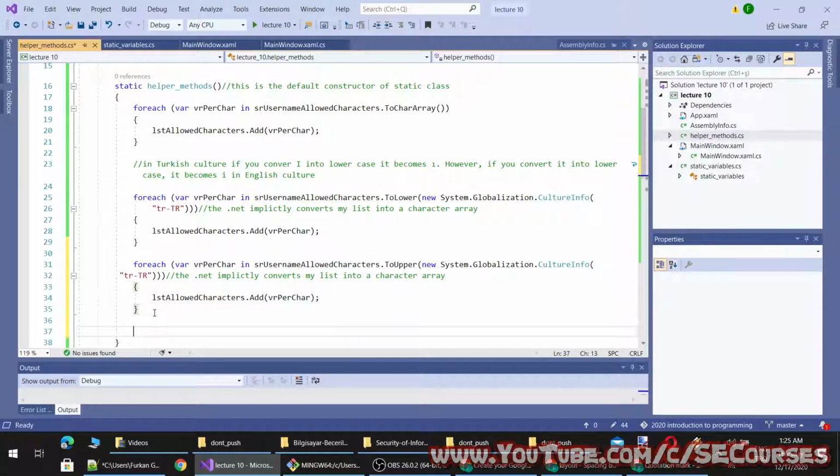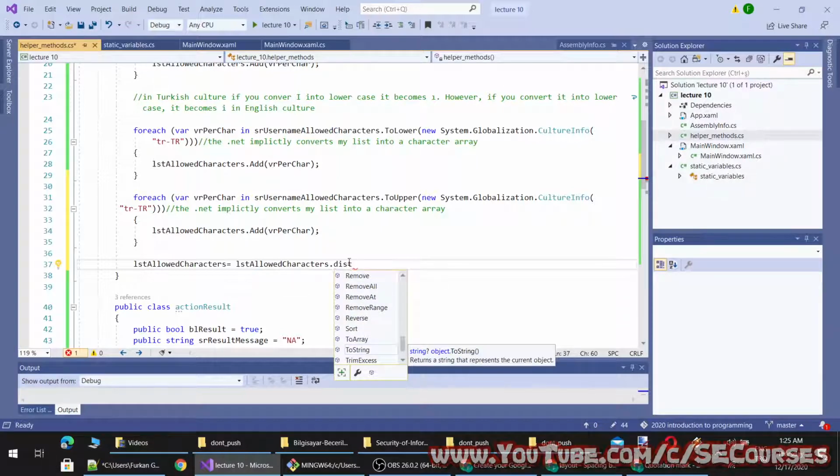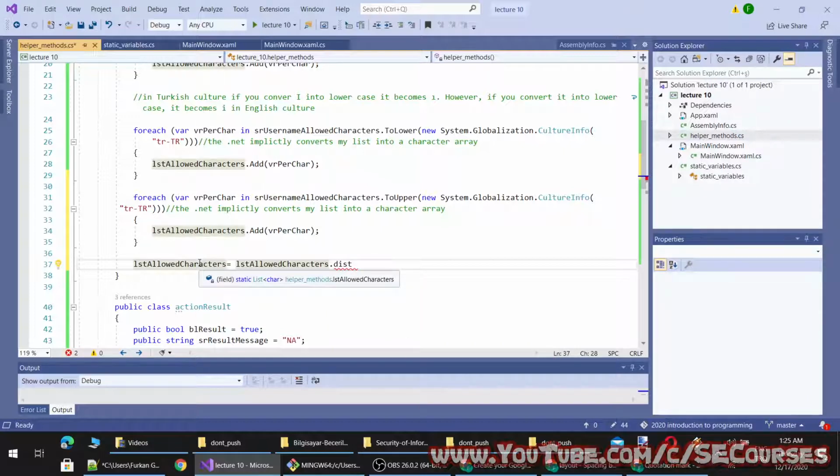Therefore, I will remove the duplicates inside this list by calling to this. Okay, why is there distinct? This is weird because this is a character array.